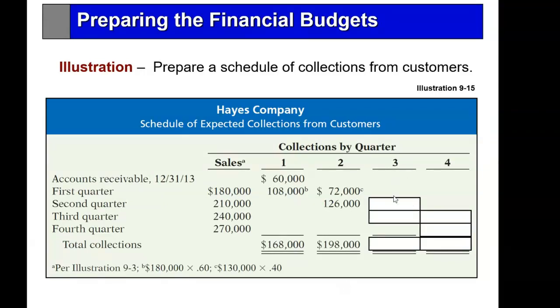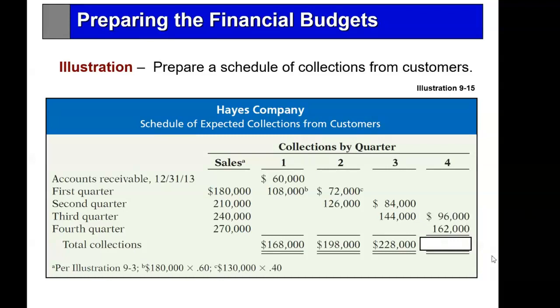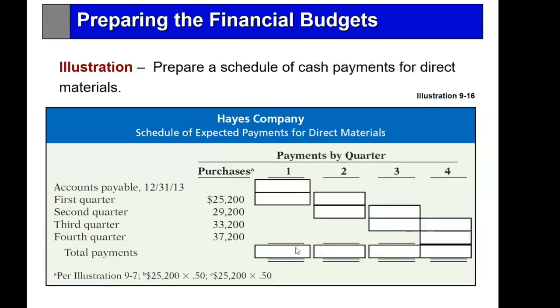Quarter three, I get the 40% from quarter two, plus 60% from quarter three. And quarter 4, and they have to tell us what the next quarter will be, and we get that. So there's my cash coming in from sales revenue for the 4 quarters. Keep in mind, I'm also selling something in quarter 1.